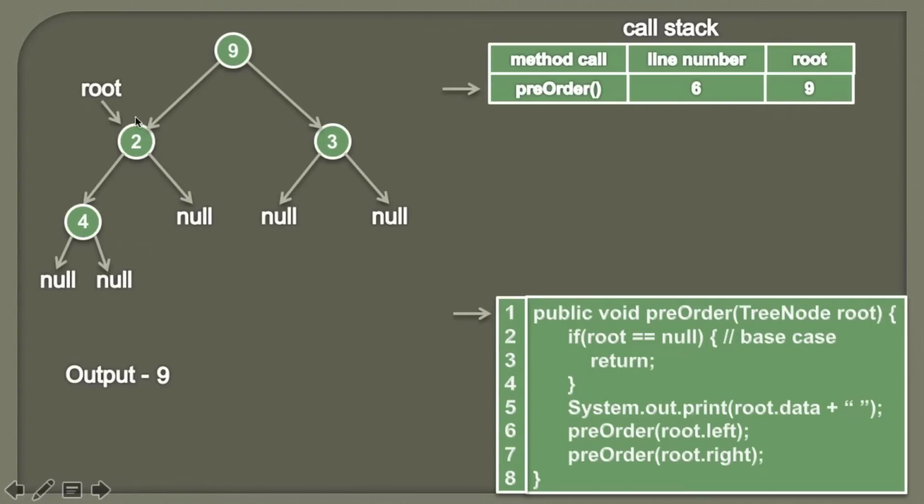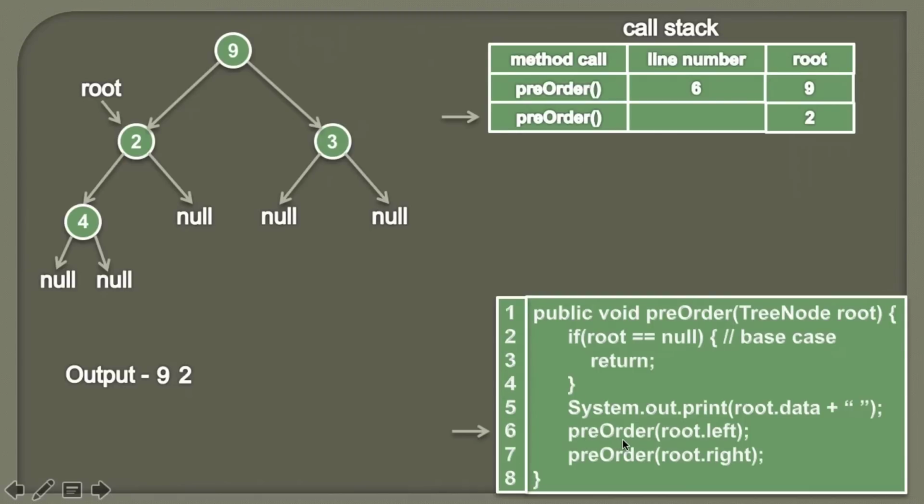So now root will be the node 2. And here pre-order is again called with a root as node 2. So now we are again executing pre-order with a root as 2. So we'll check whether root is equal to null or not. So currently root is not equal to null. So as we discussed in our previous slide, once we reach the left subtree, we process this node and then we go to its left subtree and then to its right subtree. So now we are processing the node 2. So the output would be 2 because we are just printing the data part of it. Moving ahead.